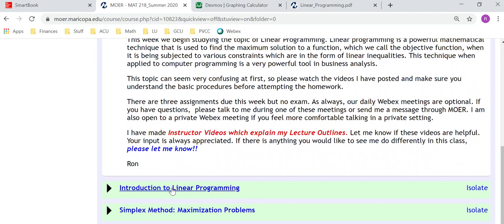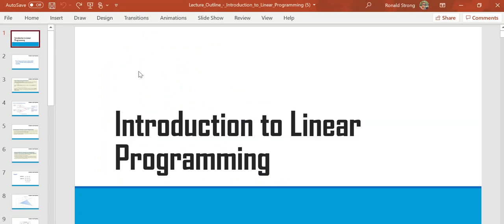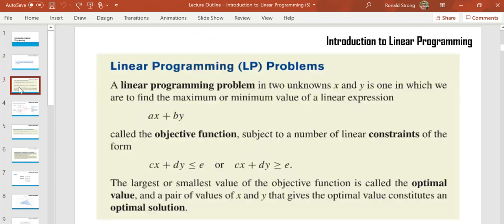So click on Introduction to Linear Programming and then open up the lecture outline. The lecture outline will look something like this. It's a PowerPoint. And the purpose of linear programming is optimization. We will have an objective function, some type of a function that we want to optimize. And optimize means either find a maximum value or a minimum value. And so we are looking for the optimum value of some type of a function, and it's always going to